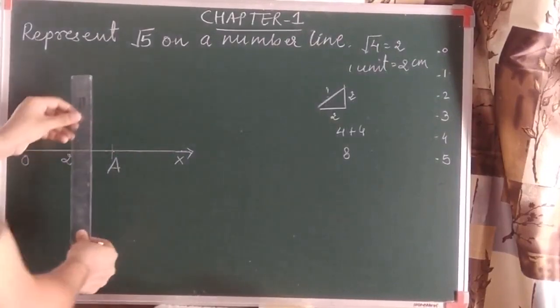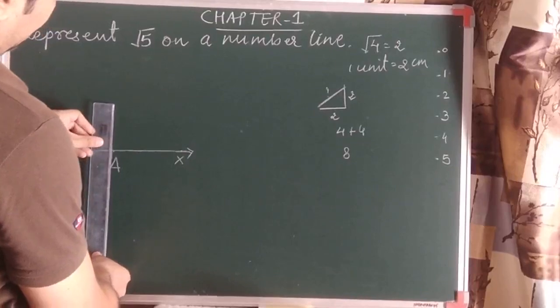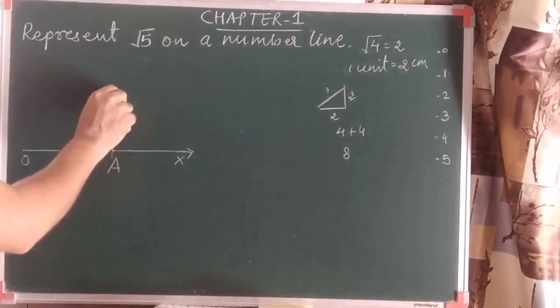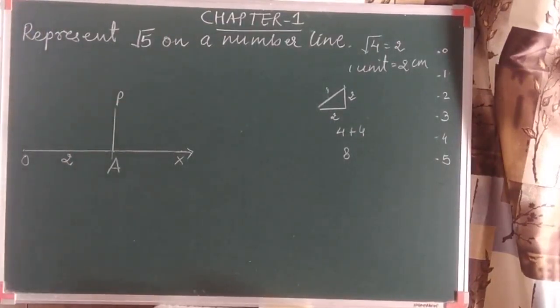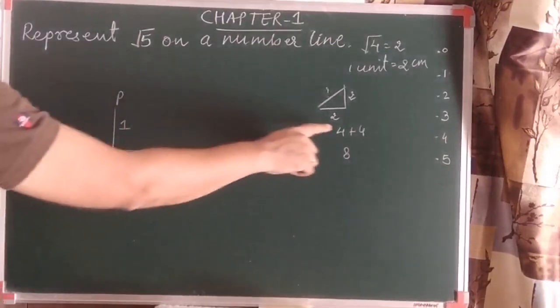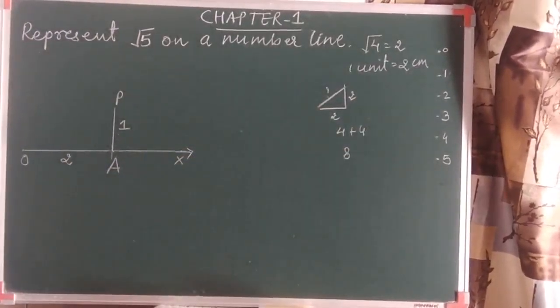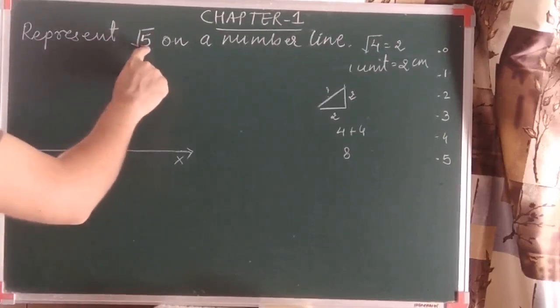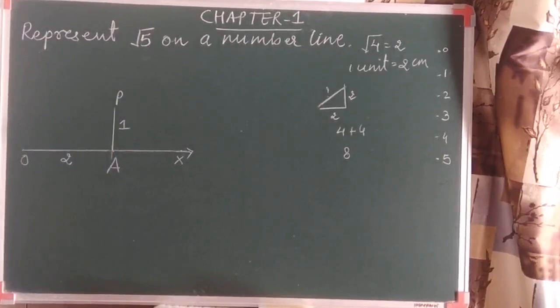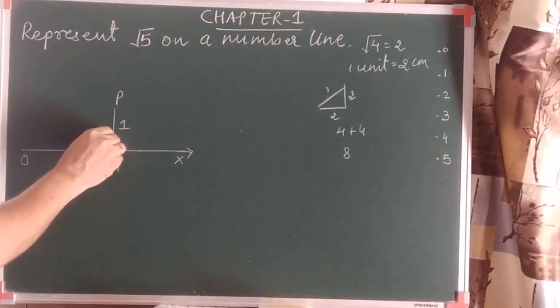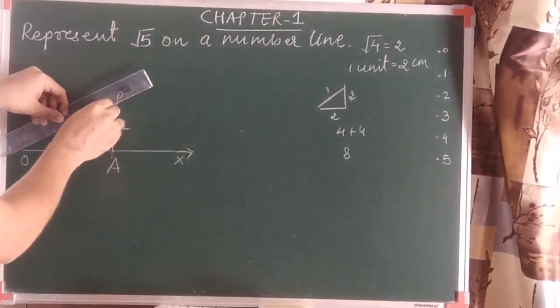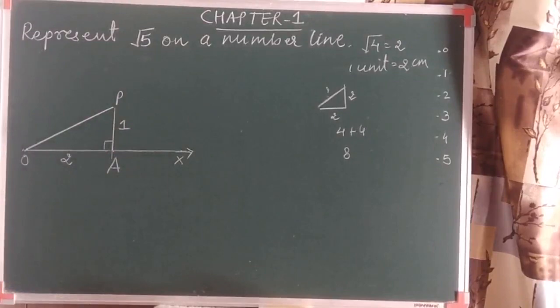So let's do the same thing. Again I'll draw the 1 centimeter perpendicular. You can do it with the help of a set square also. I'll take point P here. See this value, why I explained it here, we'll understand in the next question also. Whether we take 1 unit or 2 units depends on which value we have to obtain. As it is 1 unit, it becomes perpendicular. Let me join O and P.